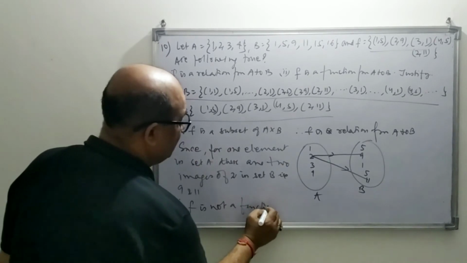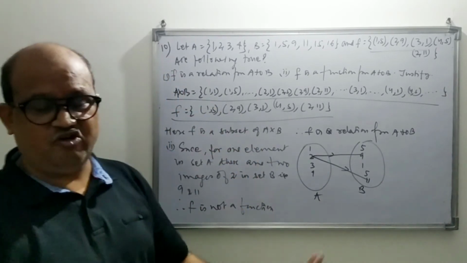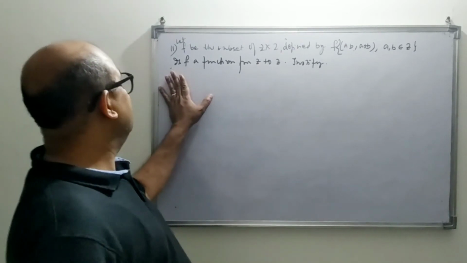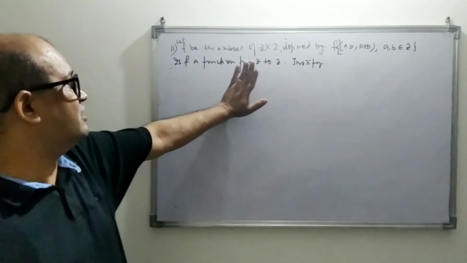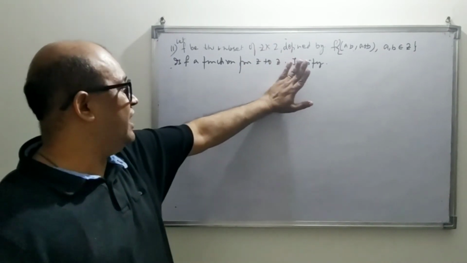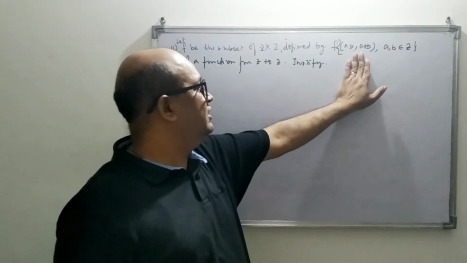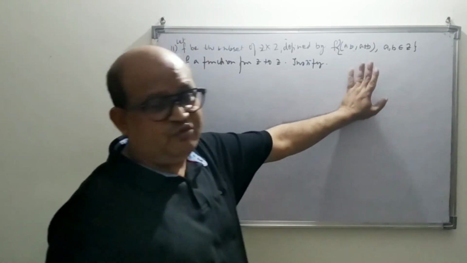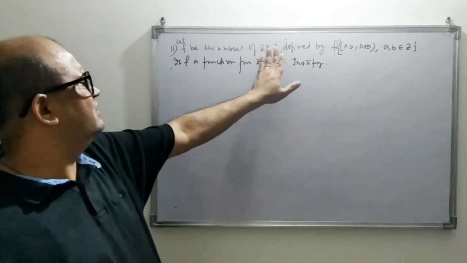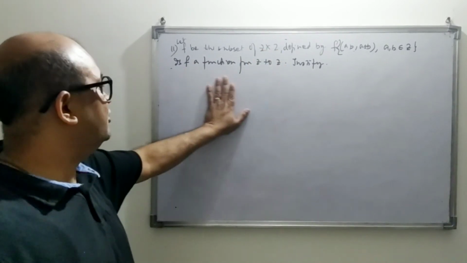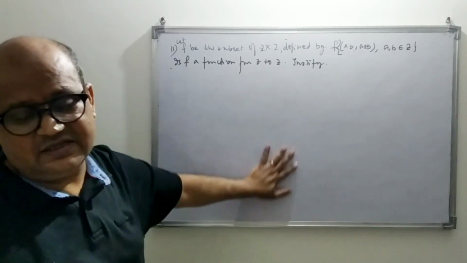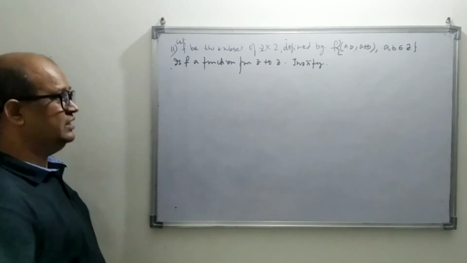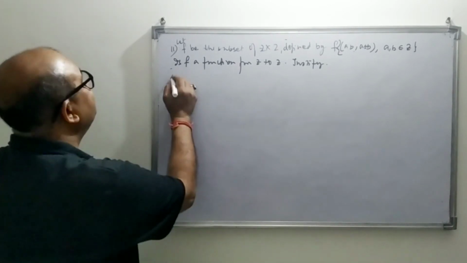So what I got here? F is a relation, but F is not a function. Now, we will start with question number 11. They are telling: if F is a subset of Z cross Z, the Cartesian product of Z and Z, defined by F = {(ab, a+b)}, the product of a and b comma the sum of a and b, such that a, b both belong to Z. Z means integers. Is F a function from Z to Z? That we have to verify here.